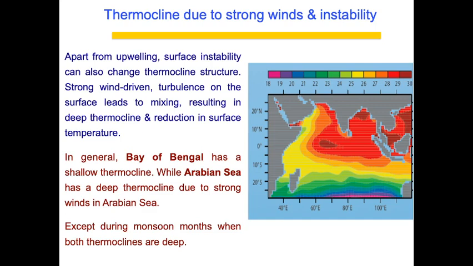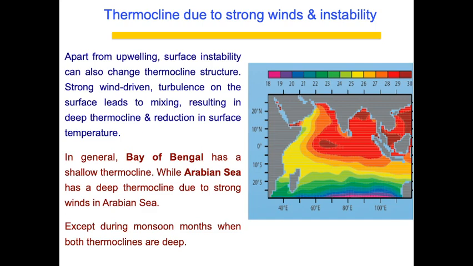with the colder water at the bottom. And because of the presence of hot and cold water mixing, the temperature will be regulated to, let us say, 23, 24, 25 degrees Celsius. That is what happens in the Arabian Sea, where the thermocline is deep, but the sea surface temperature is